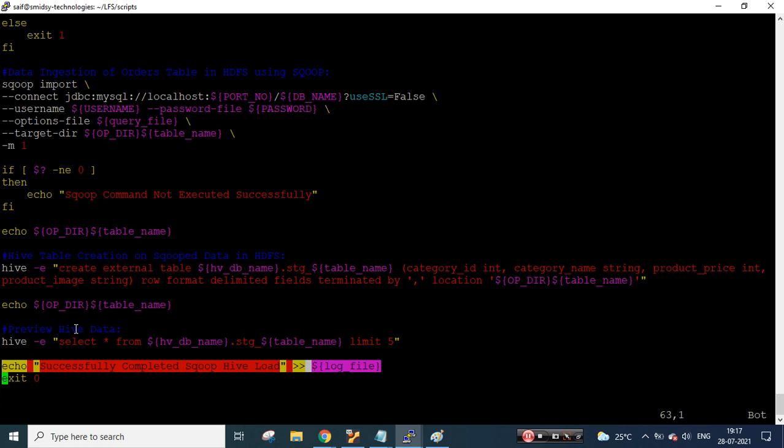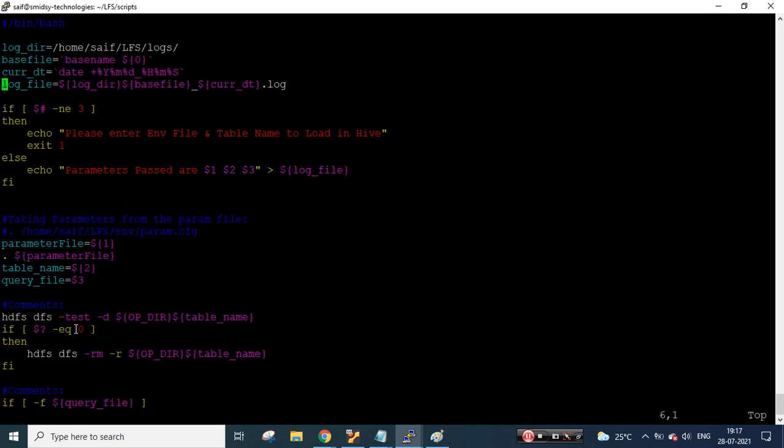If you see, it's not much, like 30-40 lines of script, but it has been written piece by piece and gets developed slowly and steadily. It takes time to develop and you get to know how to write these things, because once you go into the project environment, you should be capable of writing the scripts or amending the scripts, and you should know which parameter is failing and from which file that is getting referenced.